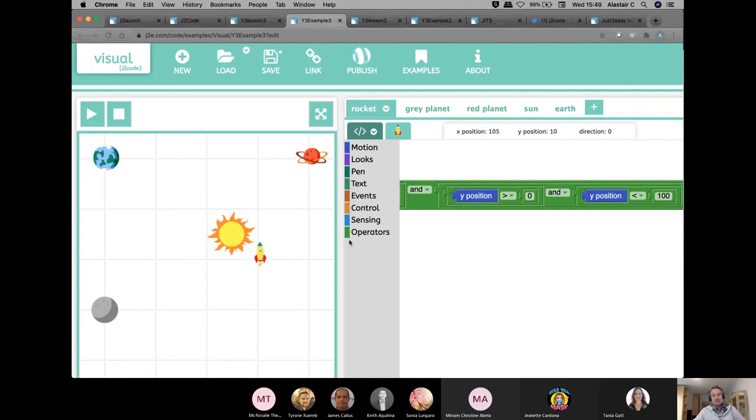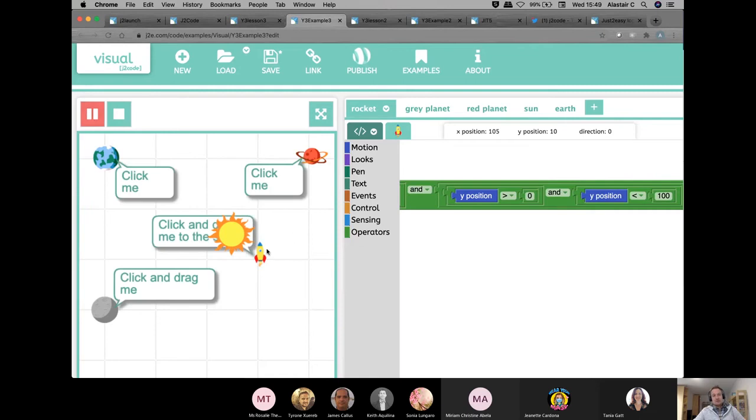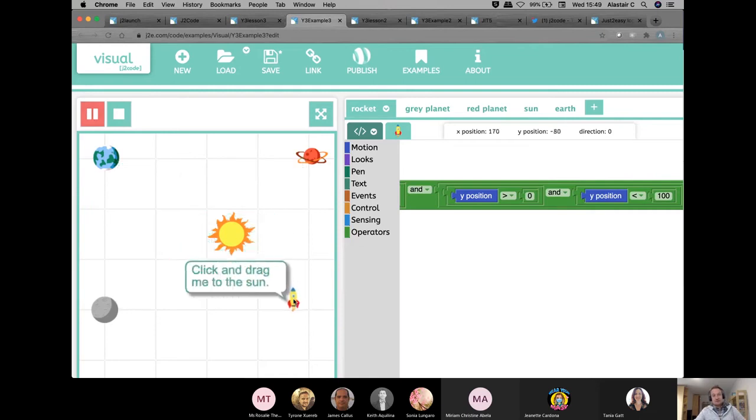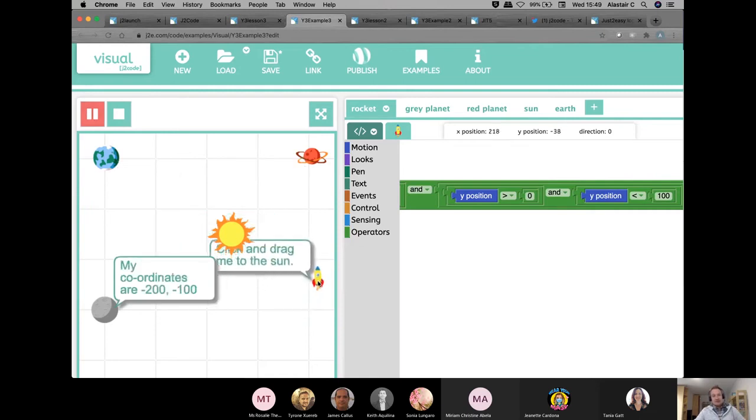And what it also introduces is new coding ideas of where things are positioned on the screen. So for example, if I drag the rocket to the sun, if I get anywhere near the sun, it will say it's very hot here.